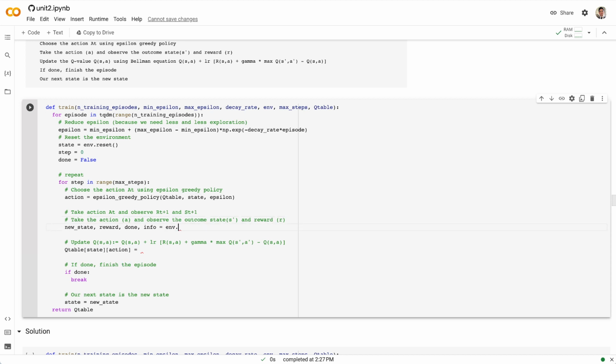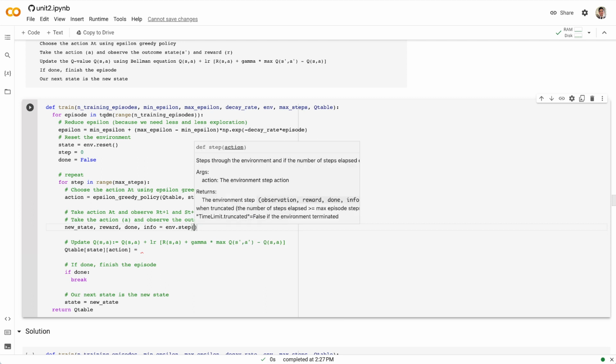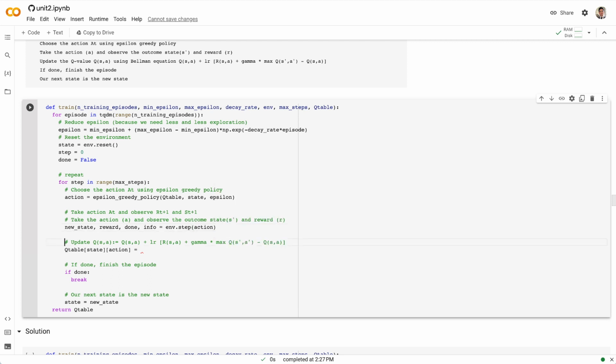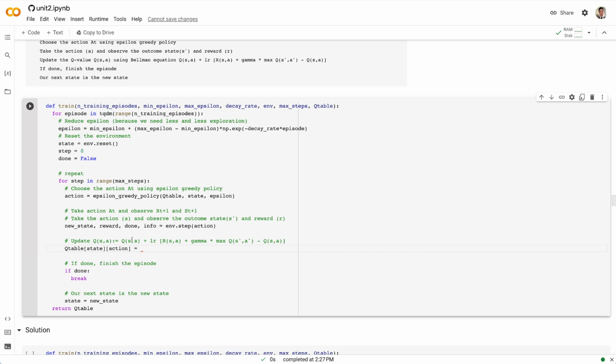So I believe it's some environment, and I think we take a step, and we step through, and we're going to get certain things back. And the action that we're taking is this action here. So this is the only argument here. And it's returning a new state, reward, done, and info. So we want to update it, so we're going to use the state and action to index into this thing, and then we're going to update it with this thing that we have here on the left side, right? So we have a Q table at the state and action,